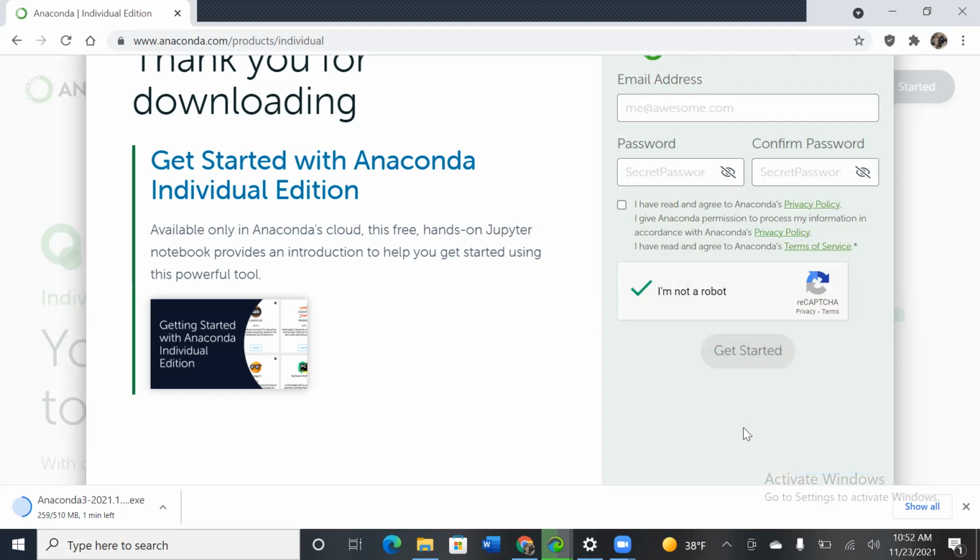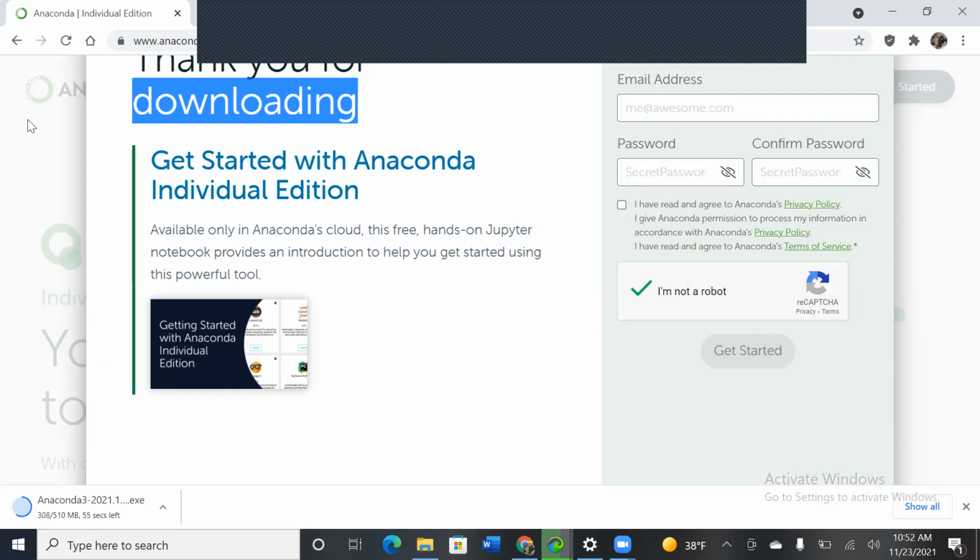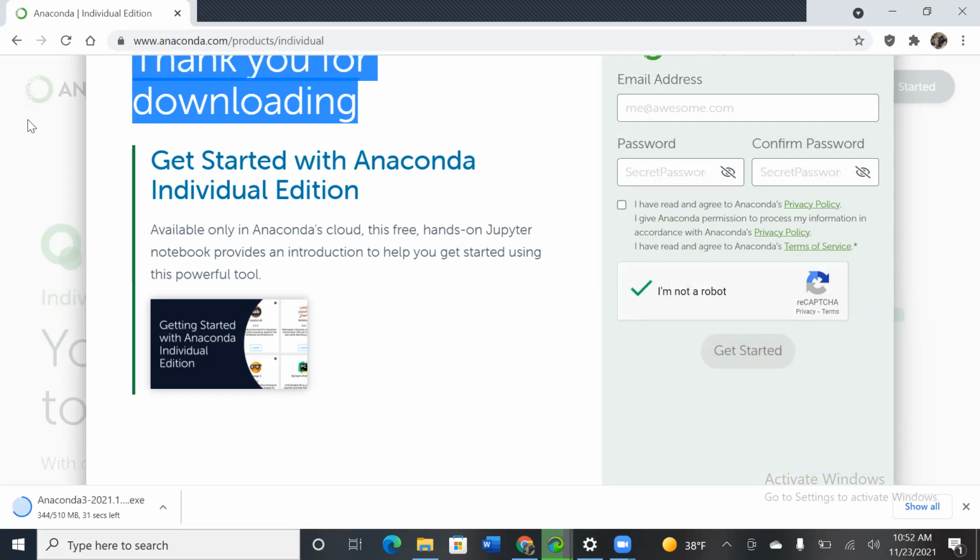Yes, now you click outside of this browser, it will disappear. Thank you for downloading. Click outside on this, it will disappear. Okay, let it be. It asks me for an email address, I don't have one. No need to enter this.